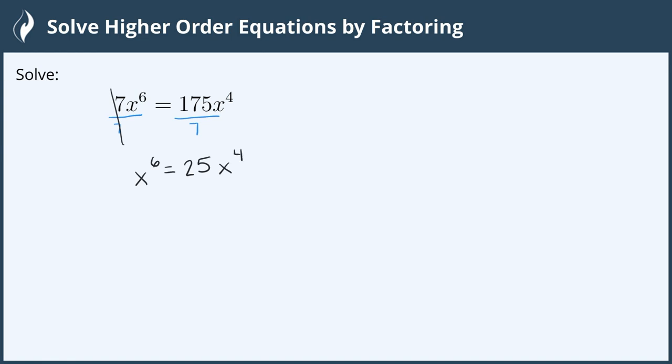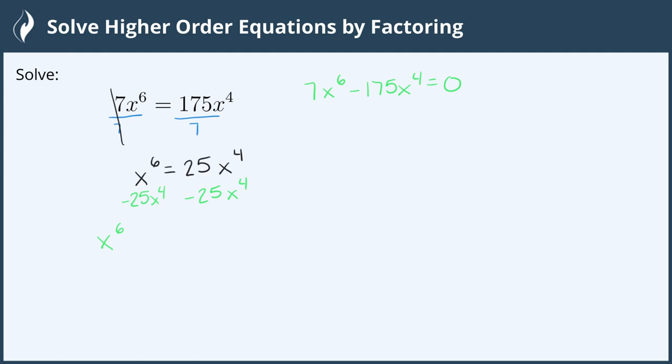Some people will choose to simply subtract the 175x to the 4th so that all the terms are on the left side, and that's okay as well. So we would have 7x to the 6th minus 175x to the 4th equals 0. This works equally as well. I tend to divide the numbers, which does not get rid of any of the answers, just because I like smaller numbers. And now we will subtract the 25x to the 4th term from both sides,